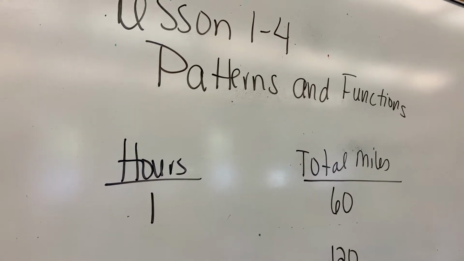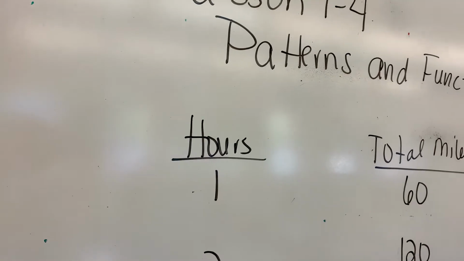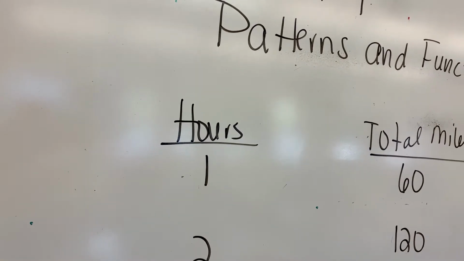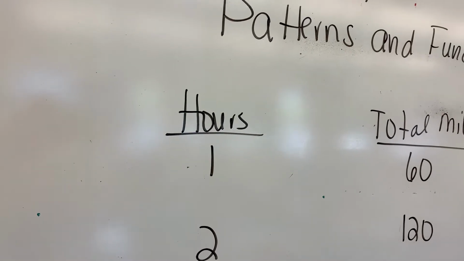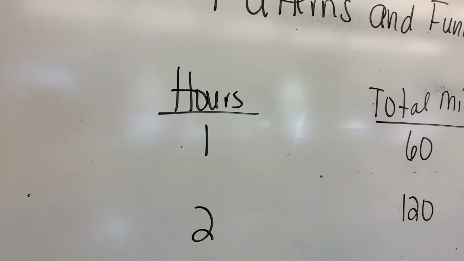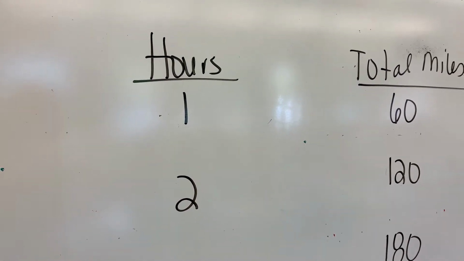4, patterns and functions. So we're going to go through, you're going to be given a table. And then you have to figure out what the pattern is. You're going to get a table and you've got to figure out what that pattern is, and then you're going to write a function rule. And what a function rule is, you assign your variables and then you write whatever the rule is that applies